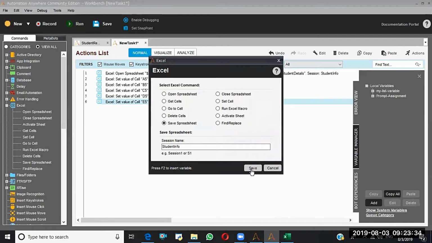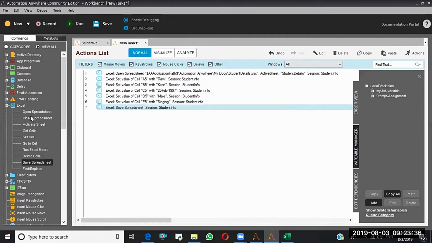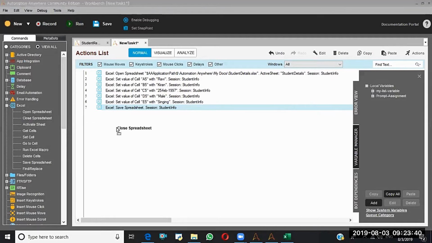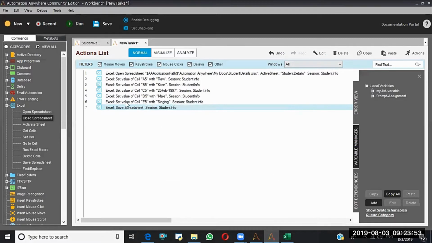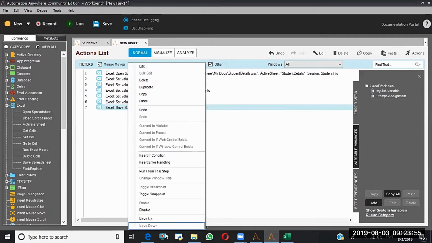So I have selected the save spreadsheet. Then I want to close the spreadsheet. See, whenever you use the close spreadsheet, first it will save the spreadsheet, then it will close. Even though the save spreadsheet is not there, assume that this is disabled.